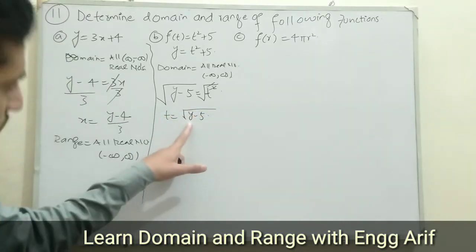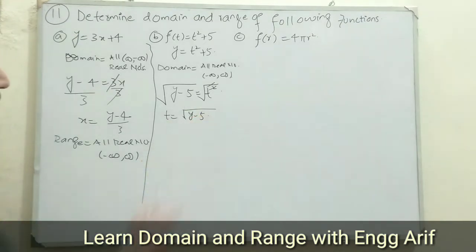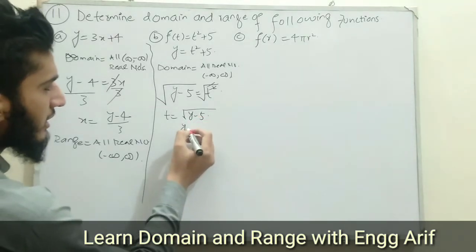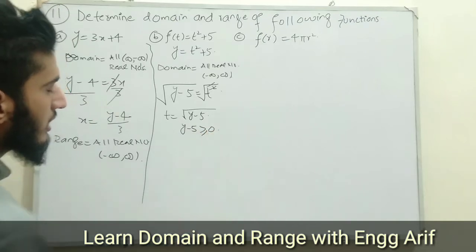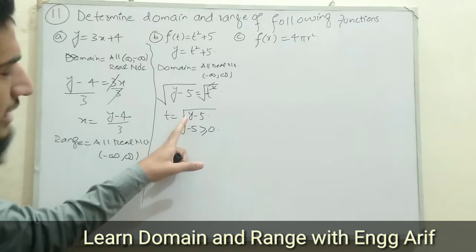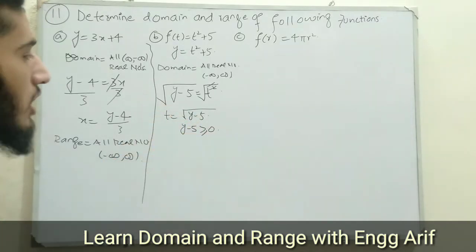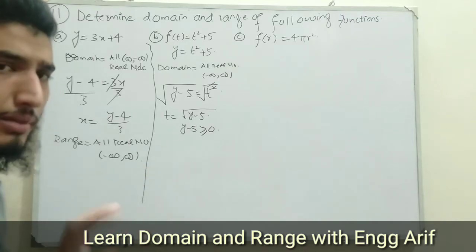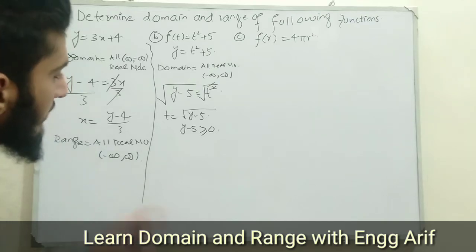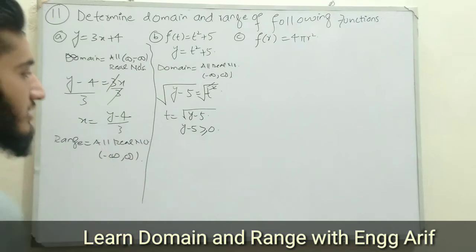You know that a square root must take a value greater than or equal to zero. If we have an expression inside the radicand, that radicand must be greater than or equal to 0 for the domain. Because if we put a negative value over here, let's suppose I put minus 1, it becomes square root of minus 6, which is square root of 6 iota. So it is imaginary. Remember, in domain and range, we cannot deal with imaginary numbers. In domain and range, we deal with real numbers. That's why I take greater than or equal to 0 in this case.